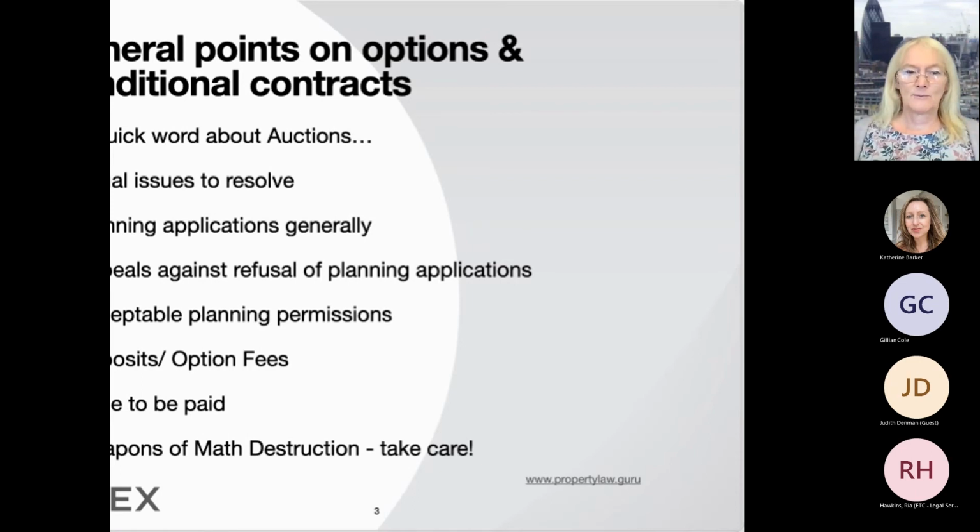So they were saying, well, when this all goes through, you get nothing because your land's worth nothing and we're doing you a favor taking it off you. And we were saying, that's not fair, because without our land, your land would be worth nothing, because you need this extra land in the jigsaw. So there was a sort of equalization value, a sort of averaging of the values across the site to work out how much was going to be paid for the land and so on. See what I mean? So it can be quite complicated.